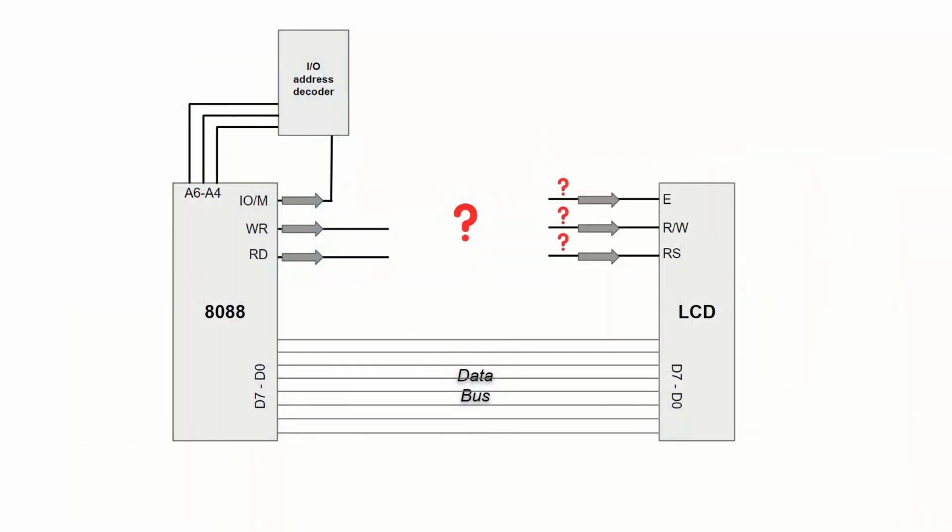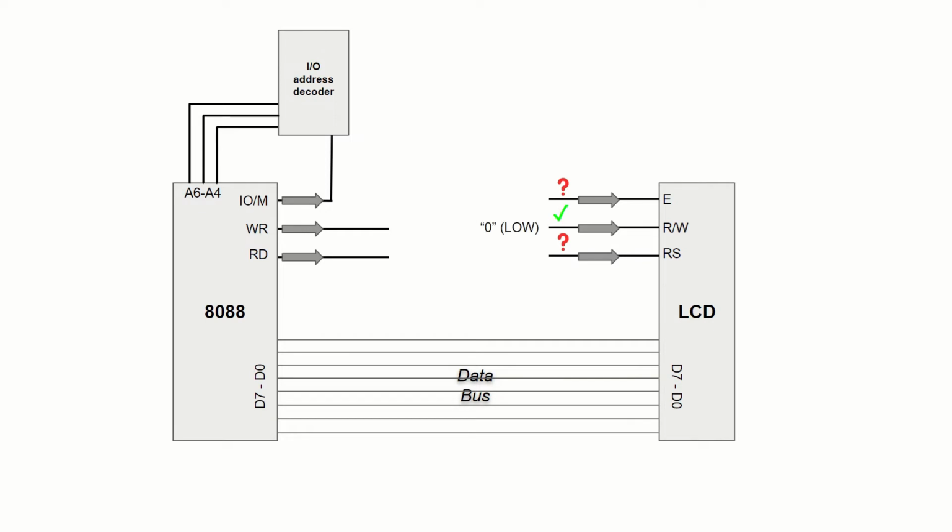It is not straightforward though, as its interface, as I described a moment ago, is quite different. It doesn't have, for example, the chip enable pin, and the E signal works more like a clock. We need to make some trade-offs then. First of all, we will only write to the LCD. Reading is not essential and is commonly omitted to simplify the design.